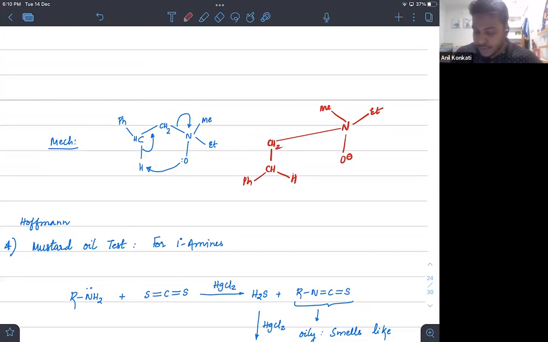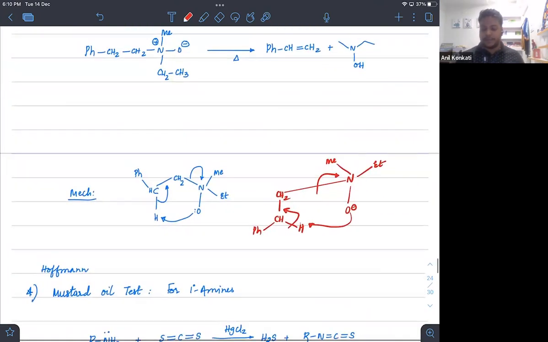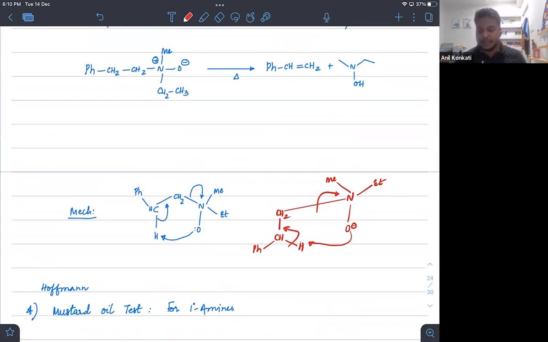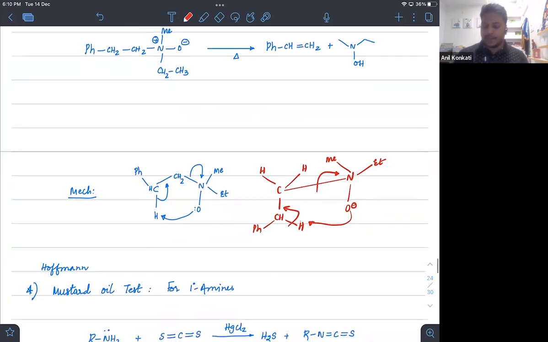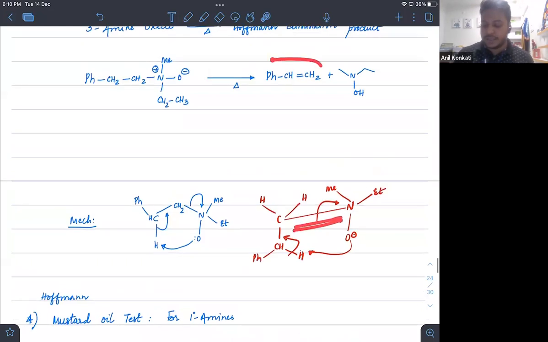Now this O minus is extracting this proton. It makes a double bond and the bond will break on this side. Okay. Look at that. That is the Sawhorse projection. So basically in Sawhorse, these two hydrogens are present here in this form. So H and H. Okay. So we will get a double bond formation here. So this is the product formation.